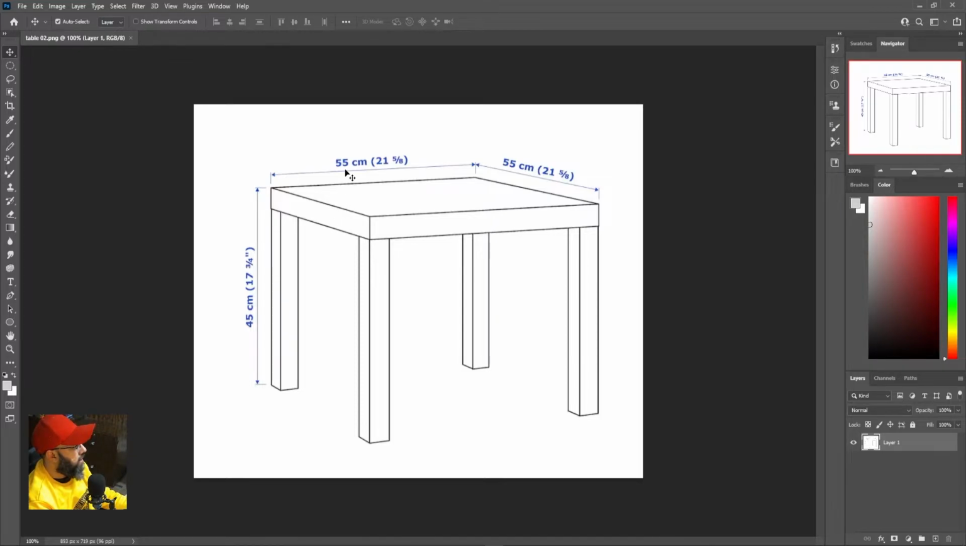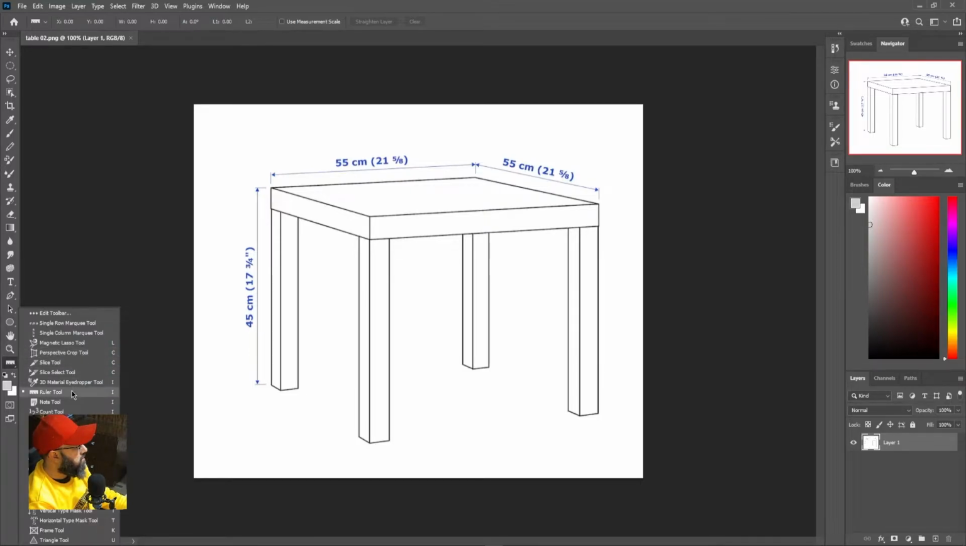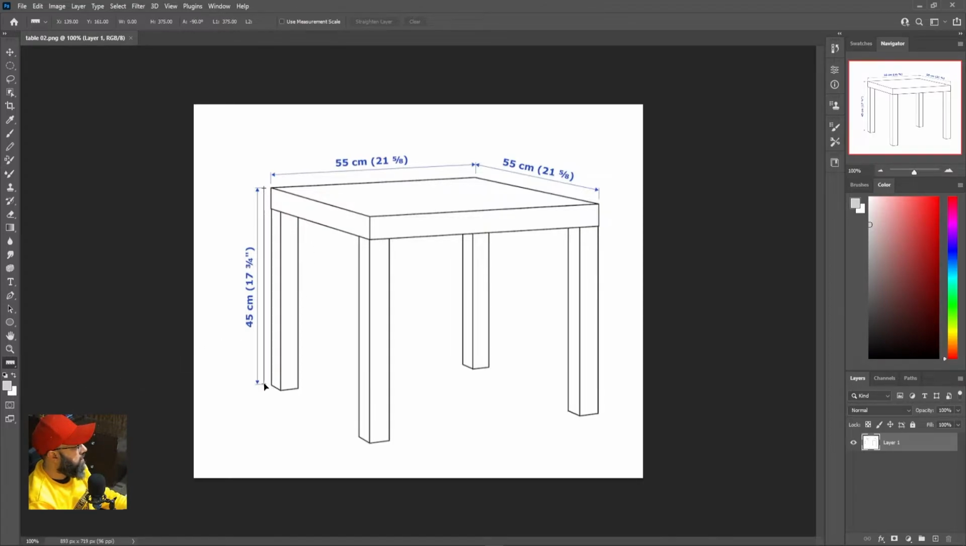If I open up this image, which I found on the IKEA website, you can see that the dimensions of the length and width are 55 centimeter, and the height of the table is 45 centimeter, but we do not know the height of this tabletop. So we can figure out some measurements using Photoshop's tools. If I click on this ruler tool, I can click from here using shift drag from here to here,